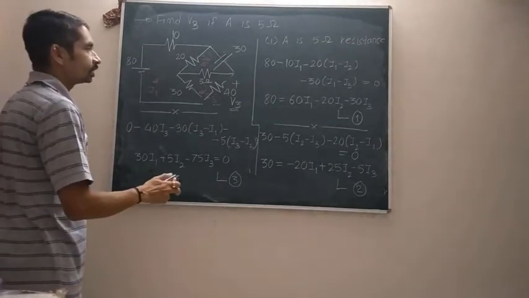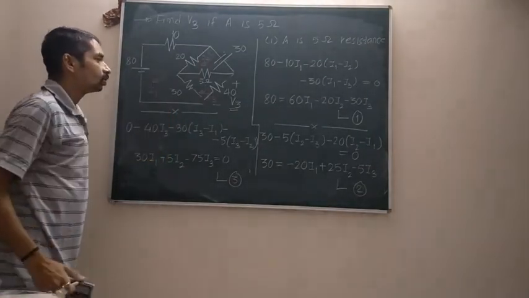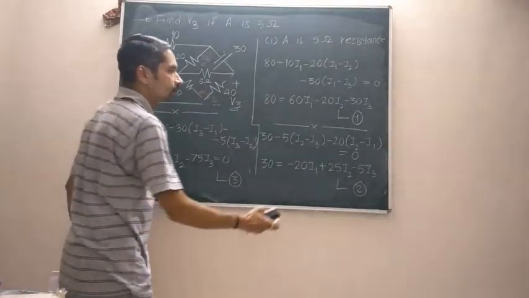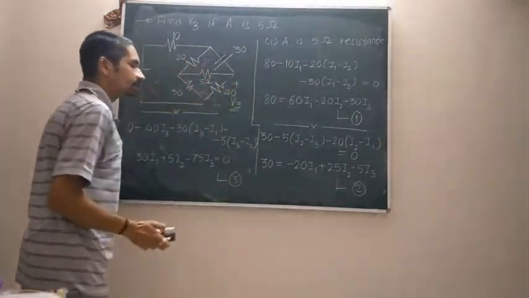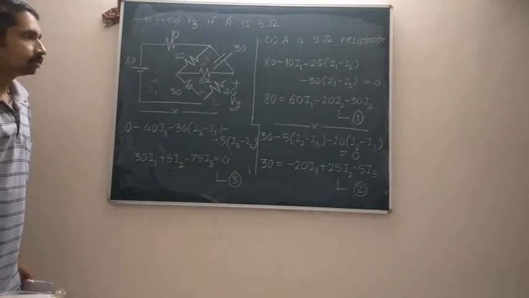Okay, so as you can see now, there were 3 unknown loop currents, and therefore I need to have at least 3 simultaneous equations. So now my next